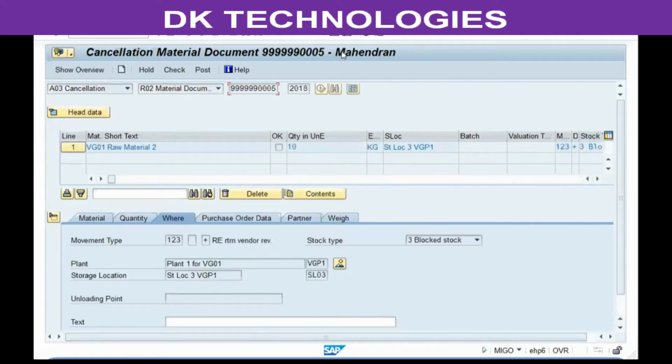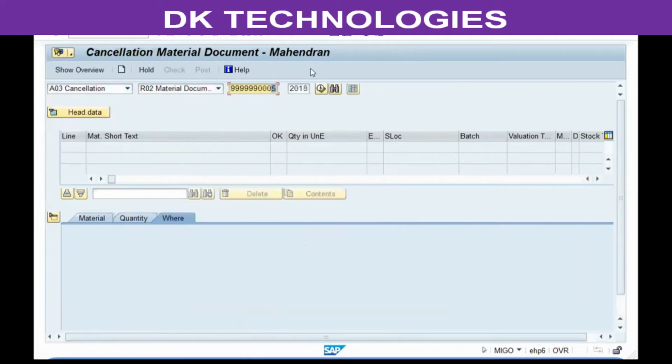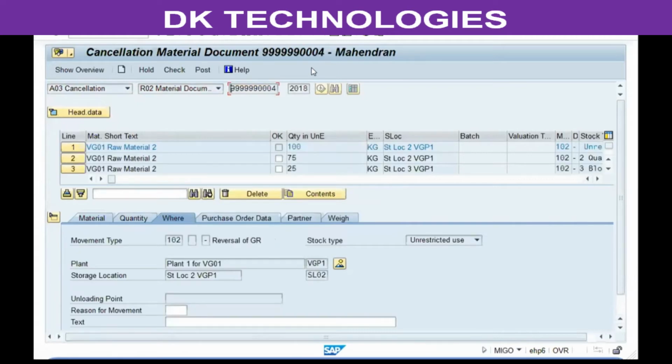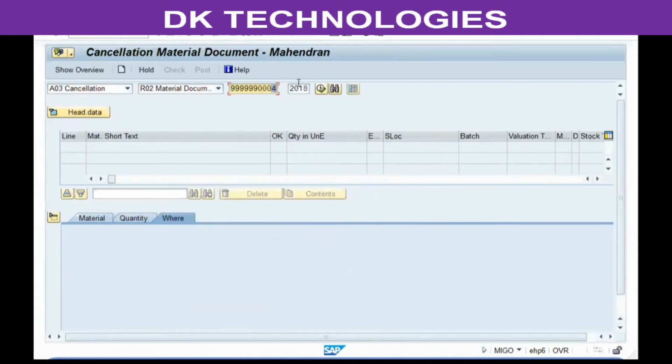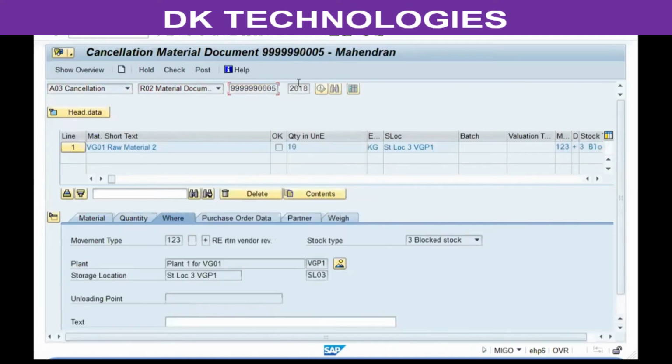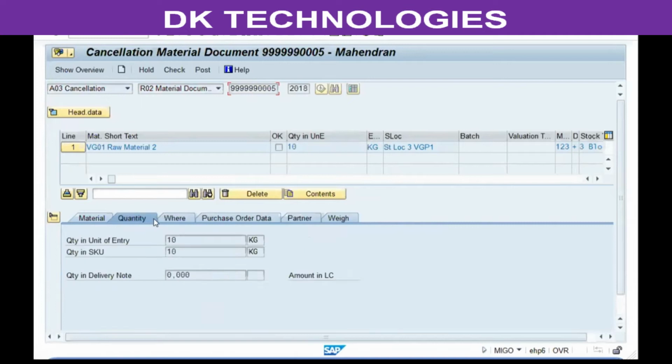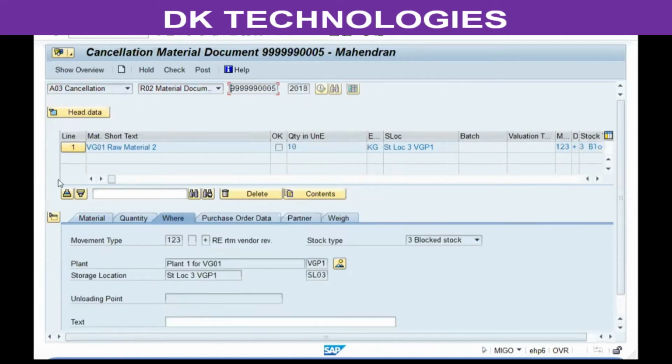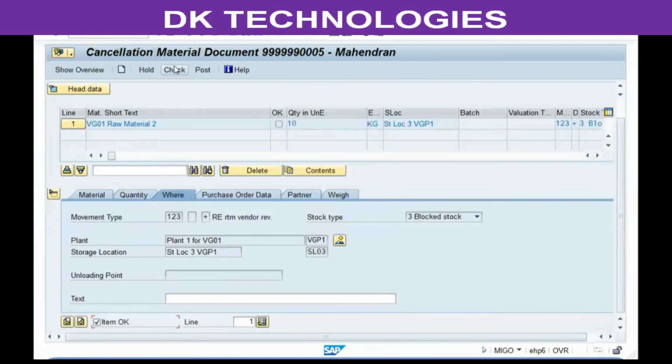Or if you are cancelling the goods receipt, which is 101, the cancellation will be 102. So whatever is the movement type used for the original transaction, for cancellation of that transaction, the movement type will be the very next number. So select the item, specify the detail if you require, item OK, check and post, and